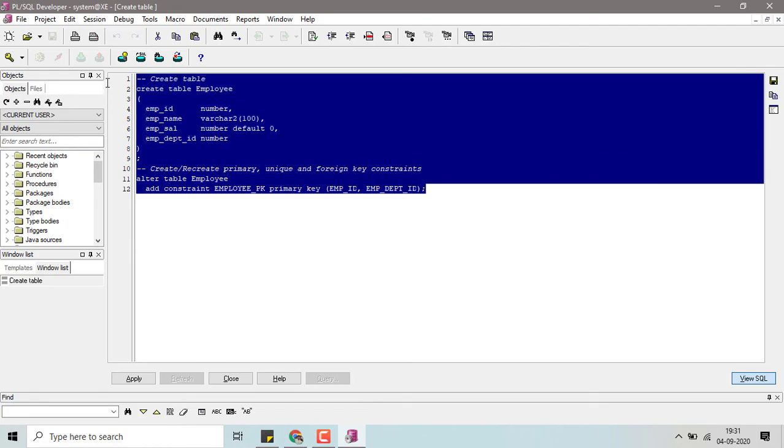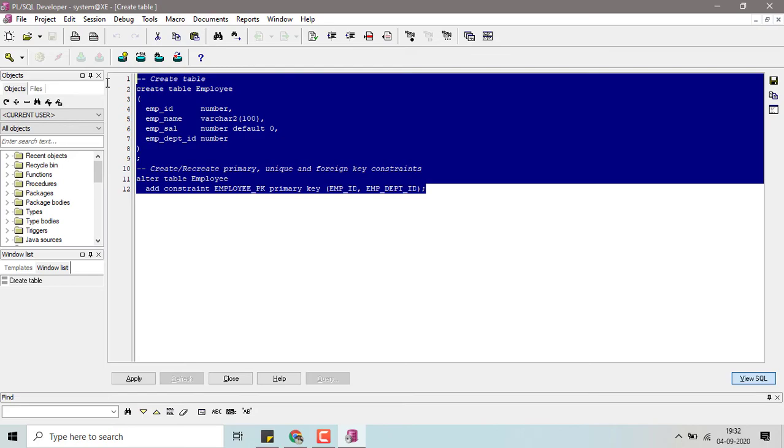But it is recommended to copy and paste that SQL syntax somewhere, like in Notepad or in a mail, because in real time there is not only one environment. There are multiple environments, like local, production, and staging. As developers, we initially work on the local database, so we create the table as per our requirement.